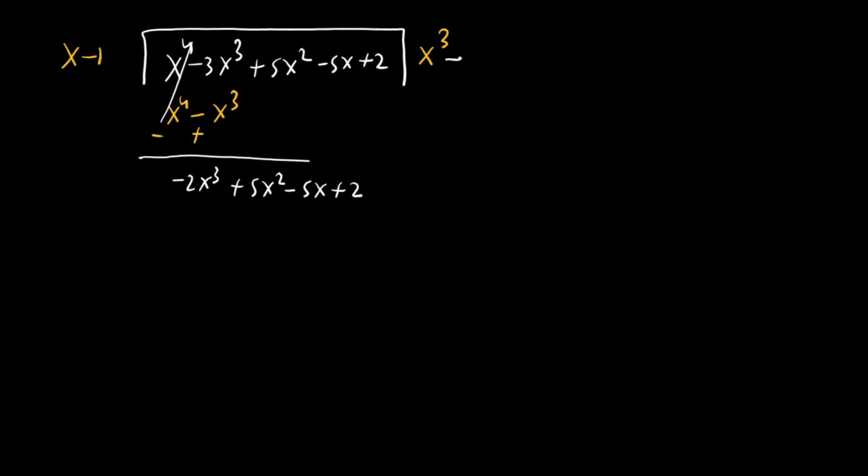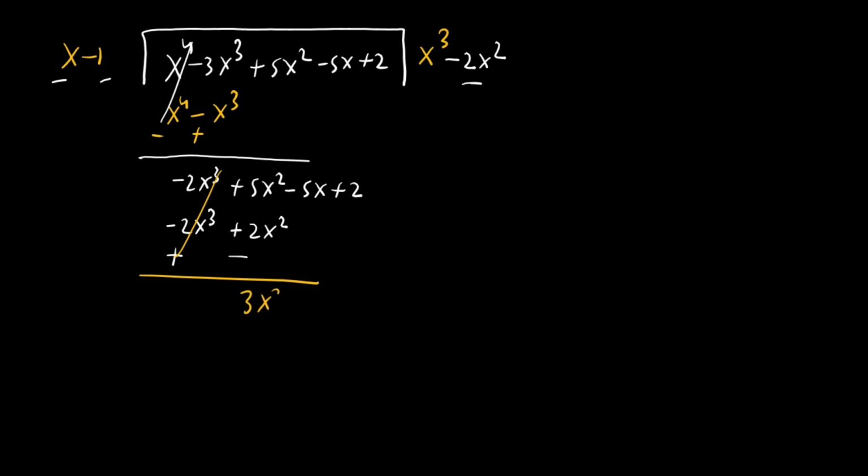And here if we take minus 2x², minus 2x² is multiplied by x, then here minus 2x³, and minus 2x² is multiplied by minus 1, then plus 2x². Here plus and here minus, then minus 2x³ and this plus 2x³ are cancelled out, and 5x² minus 2x²